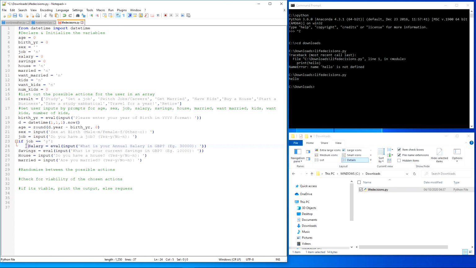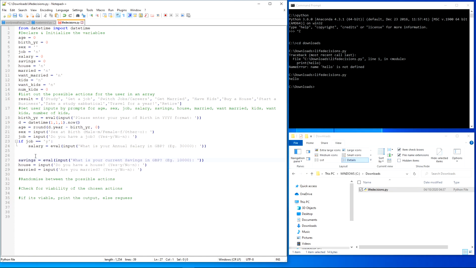Okay, and this is going to be small lowercase for Python, else we will,